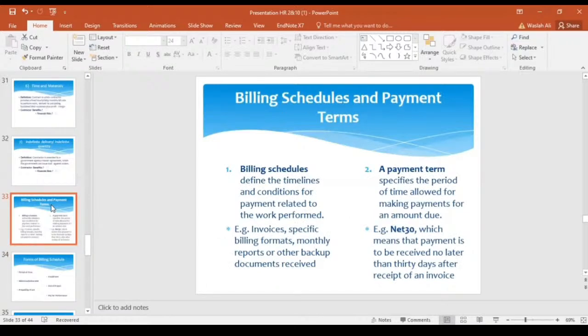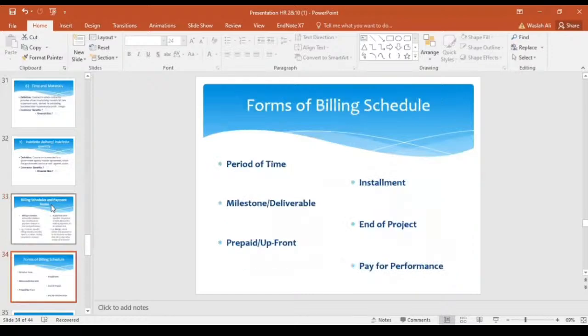Now moving toward the forms of the billing schedules. Here we have 6 types of the forms of the billing schedules. Number 1 is period after time. These types of billings are issued routinely based on a specific duration of time. For example, these types of billings are issued weekly, monthly, quarterly. Now we have the second type,